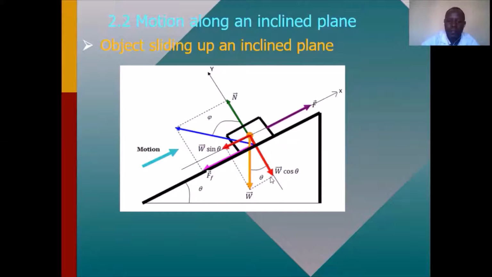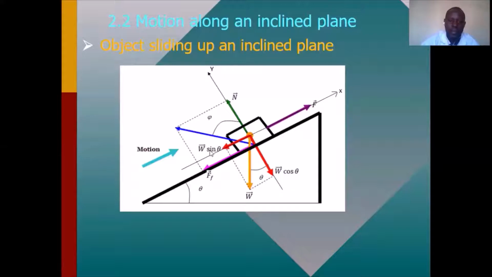This side is equal to this side. So the weight sine theta is the opposite component to the angle theta. Then after calculating the components of the weight, we are going to apply the second law of Newton on the x-axis and the y-axis. Along the x-axis, we have motional force,